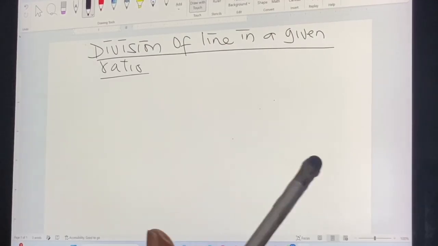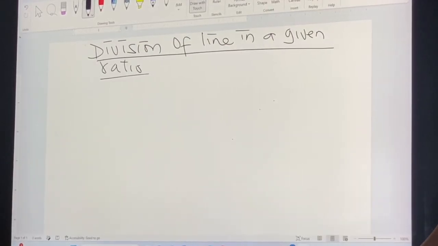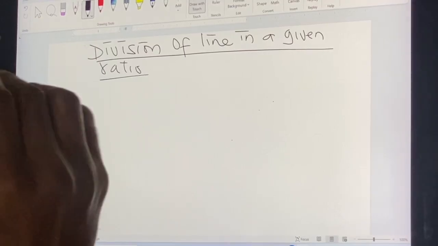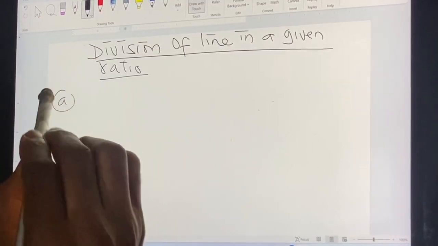In this video, we're gonna focus on division of line in a given ratio. Before we solve some questions here and an advanced question in this topic, let's take a note here. Please write: division of a line in a given ratio is divided into